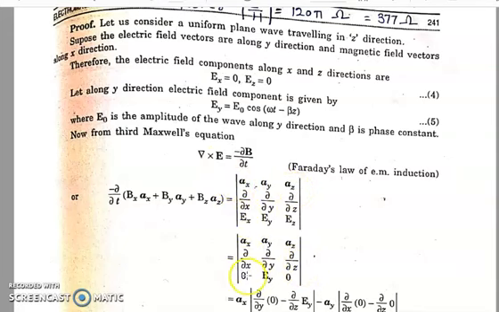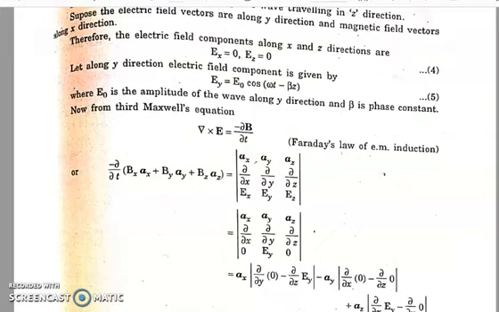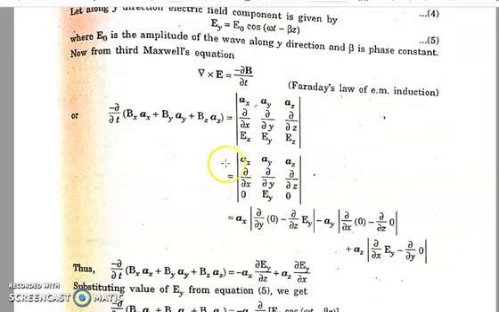Now putting here Ex and Ez equal to 0, as we are assuming that our electric field vector is traveling along the y direction. Now solving this determinant, after solving we get minus ax curly Ey by curly z plus az curly Ey by curly x. Now equating both sides,